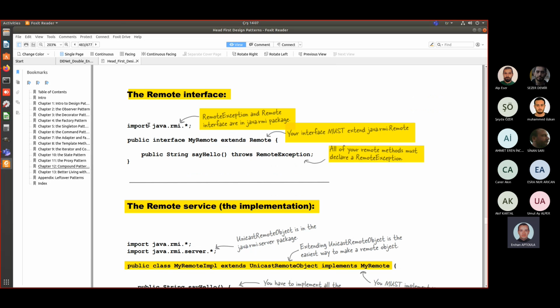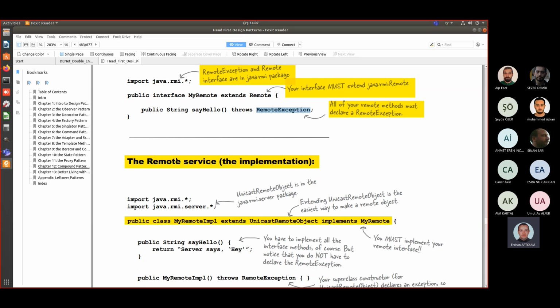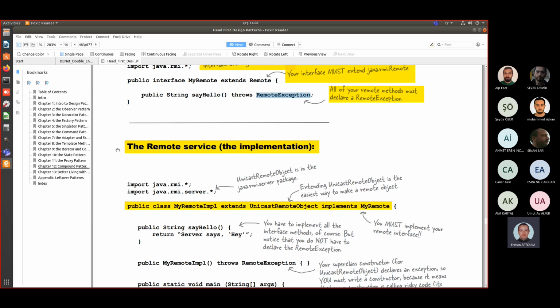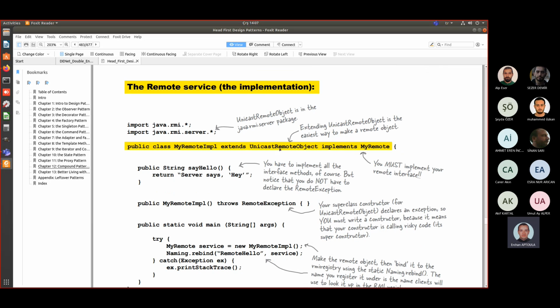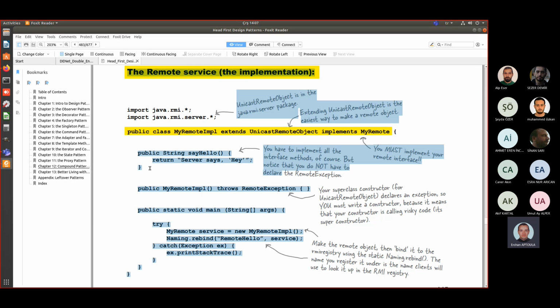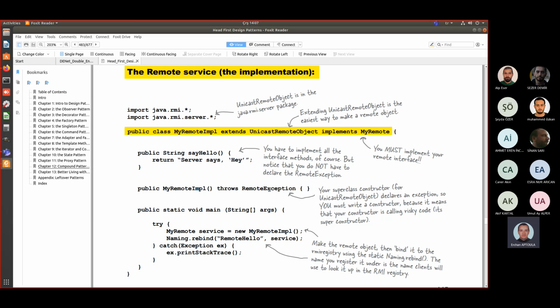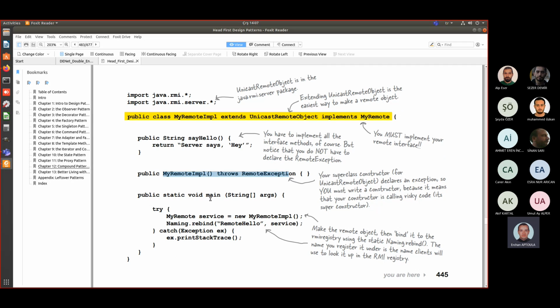So here we have the complete code. So everything is located in the RMI package. So public interface my remote, extending of course the remote interface. Here we have the method that is available for remote invocation that of course will throw the remote exception. The remote service, which implements the above mentioned interface, must extend the unicast remote object and of course implement my remote. It actually has the implementation of say hello. It has a no argument constructor throwing a remote exception. And of course in the main method, it creates the object of this class and then makes sure that it is binded to the name